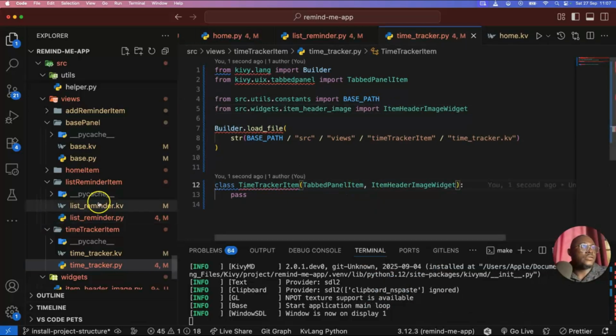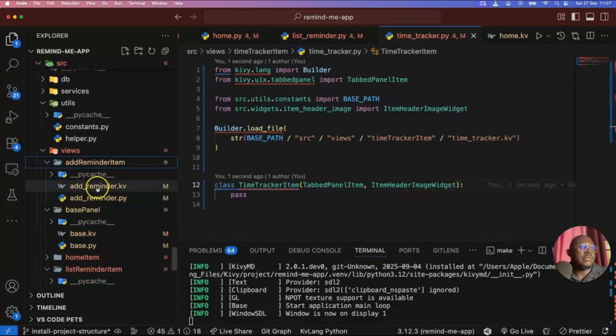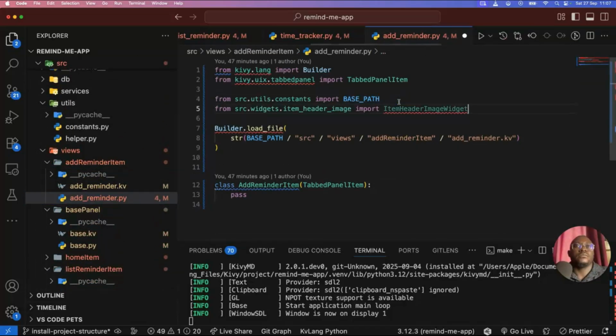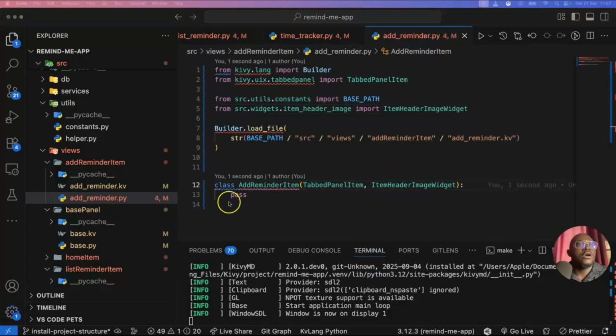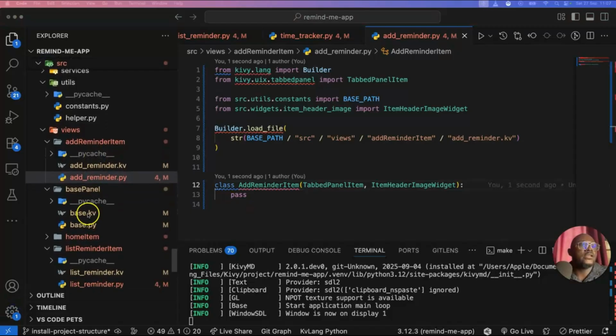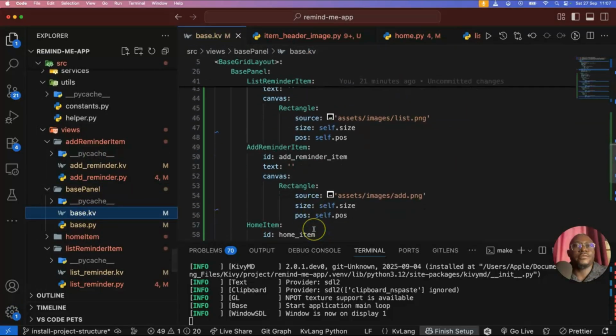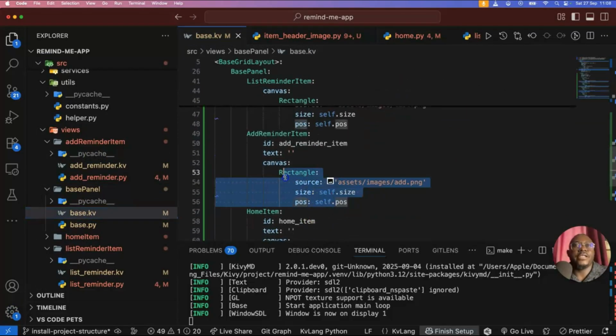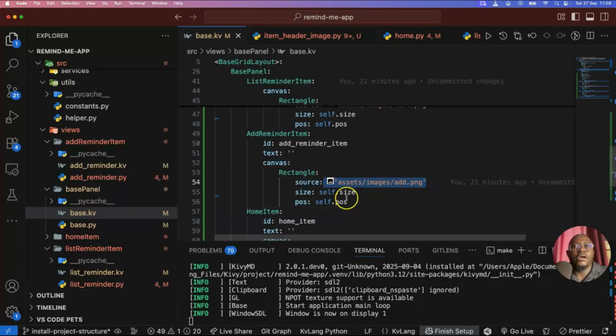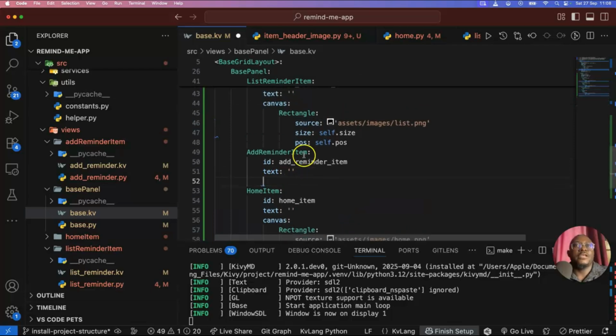And lastly, do the same thing with our add reminder. All right, so now in the base.kivy, rather than having the image set up like this, we're gonna remove this. I'm just gonna copy the source image, and remove all of this. You see that this guy inherited our custom widget, and